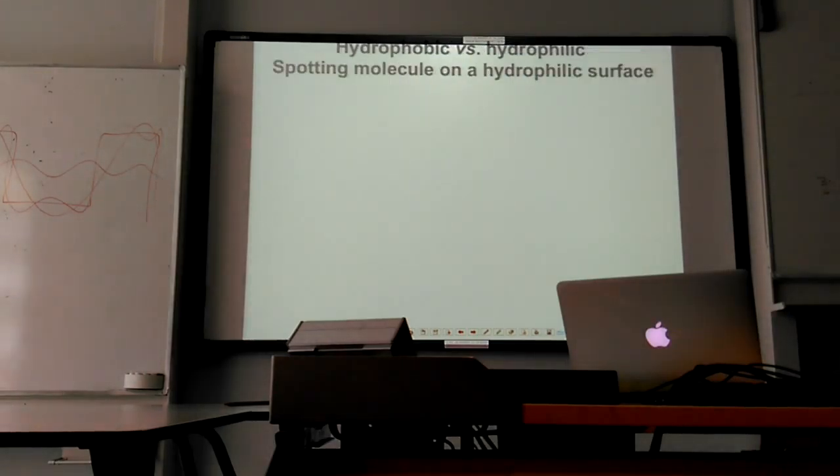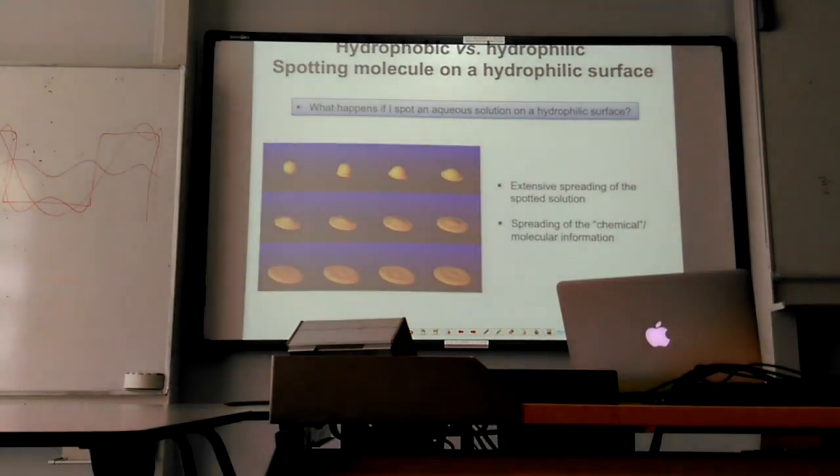Yeah? And another application, so if you want to spot molecules on a hydrophilic surface, yeah? So if I have a hydrophilic surface and I add a droplet of molecules in aqueous solution, what happens is that my droplet will spread and spread over the surface, yeah? But if I want to confine my molecules on a small surface area, I want to keep my droplet on a confined area, yeah? So, for instance, if you think of applications like biochips, where you want to spot molecules on the surface,